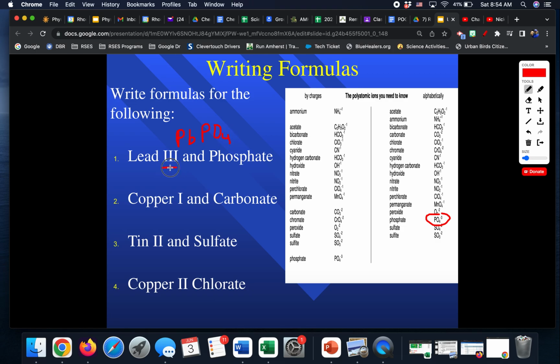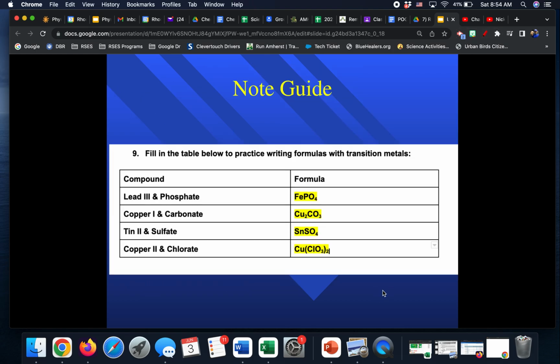What's this 3 tell you? It tells you the number that should go over here. This number tells you the number that should go over here. Remember crisscross. So, since it's stuck together, we're going to write the 3 outside of parentheses, and this 4 goes over here. So lead 4 phosphate, the whole unit, the polyatomic ion 3. Practice the others by pressing pause, and then I'll show you the answers. Hopefully you got them. And now your note guide's